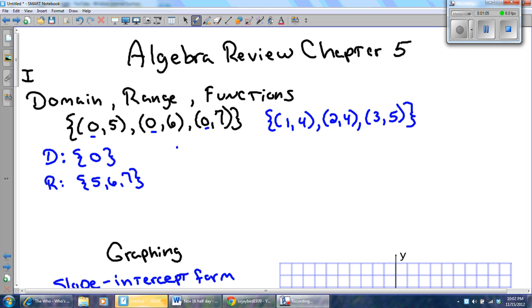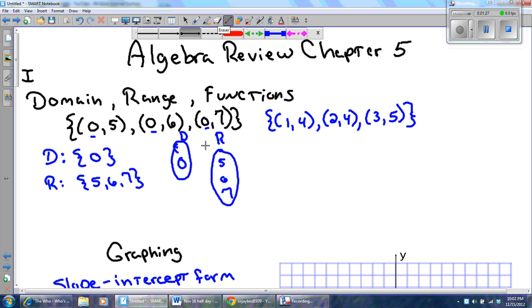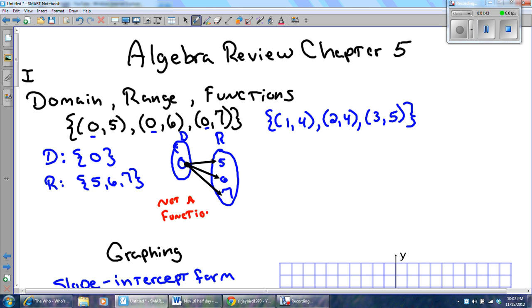Okay? Now, I have to determine if this is a function. Well, I like to do it using a map. And there's my domain sign. I'll put a D above that. And here's my range. Looks more like an R. And my range goes 5, 6, 7. And I'm going to draw arrows to map. 0 goes to 5, 0 goes to 6, and 0 goes to 7. This, ladies and gentlemen, is not a function because one member of the domain is going to more